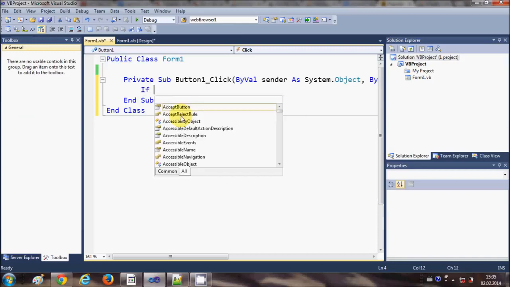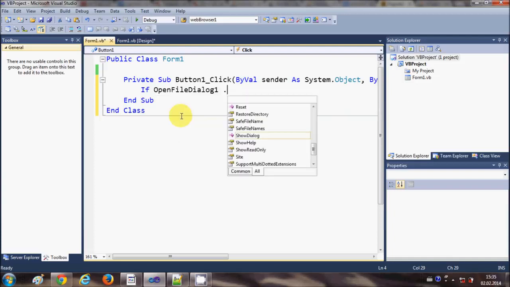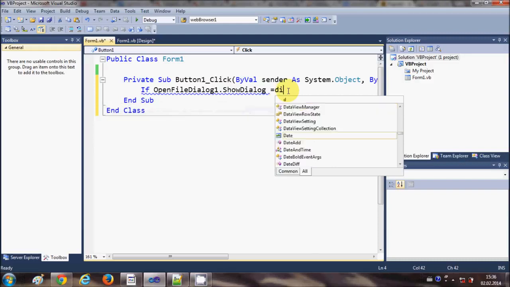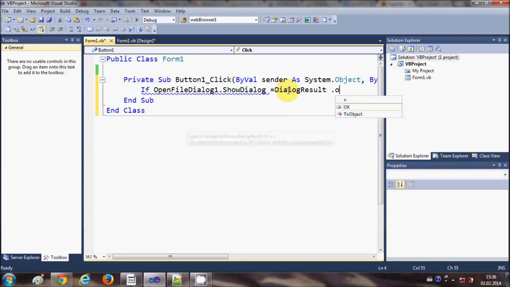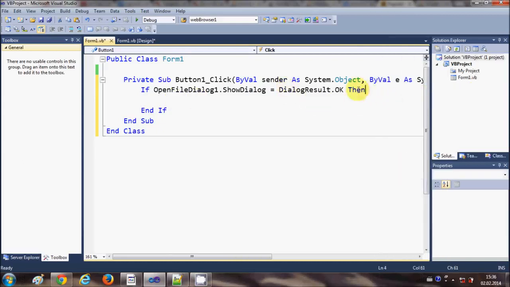So I will write if OpenFileDialog.ShowDialog, and it has automatically created Then, but I don't want Then, is equal to DialogResult.OK, and then if this is okay, so what this sentence is doing is it will open the OpenFileDialog, and if